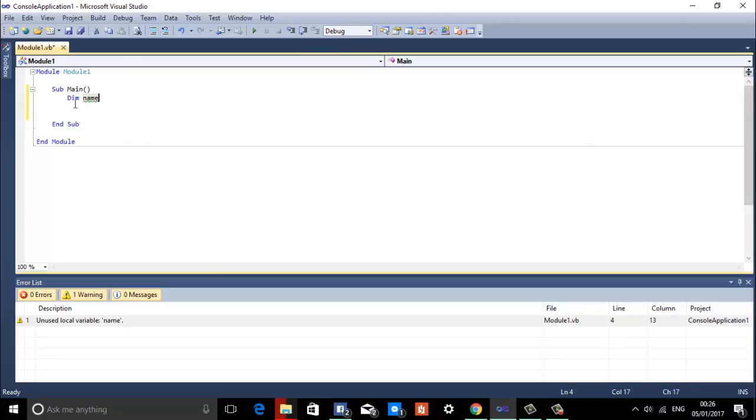Okay, so defining a variable is very easy. Dim. This is the syntax of defining a variable. You need to write this before every variable you define. Okay, Dim name, and then here you can do one thing. You can initialize this variable. Initializing is very simple. You're assigning the first value to a variable by yourself. You're not taking any input, you're just giving a value that you want to the variable that you have defined. Okay, so that is done as follows: equals